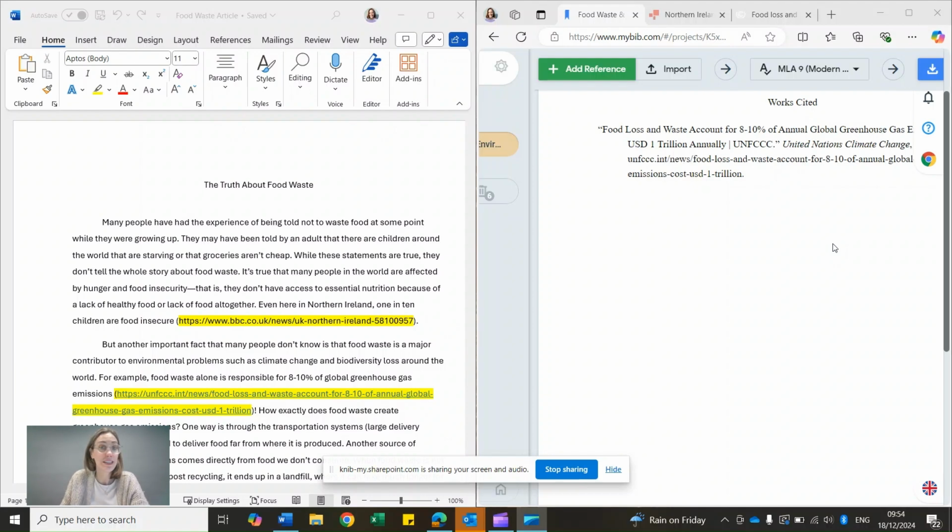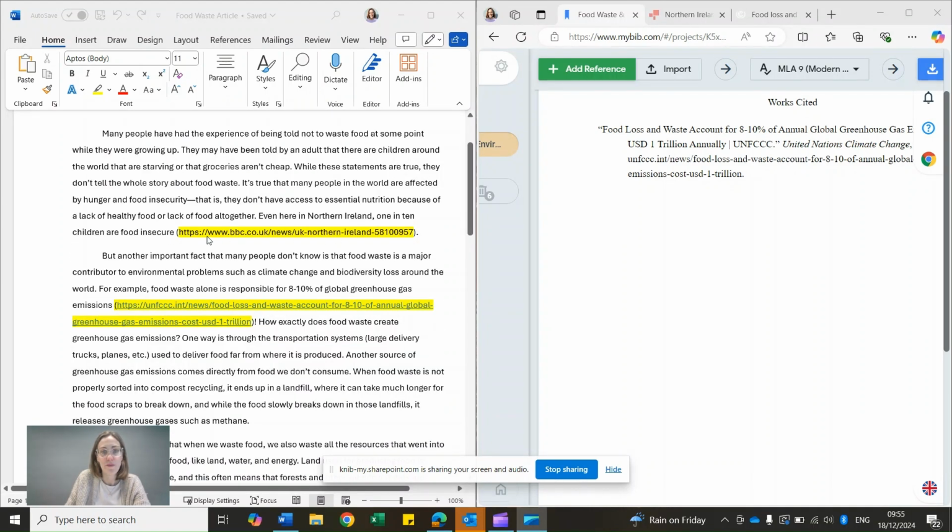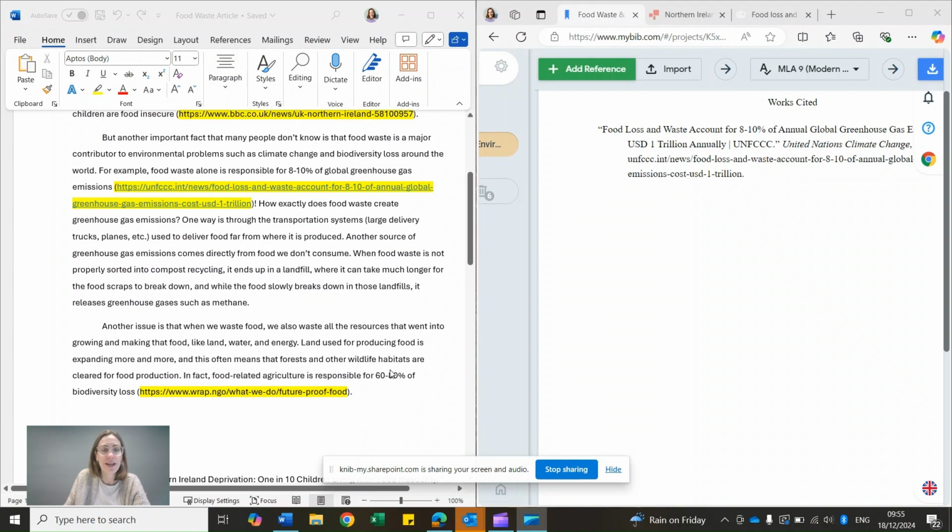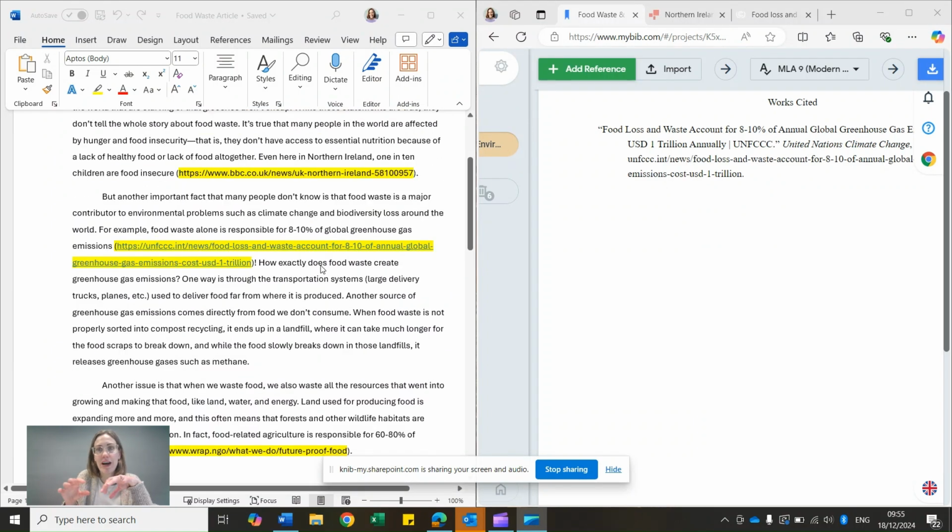So in this example, let's say we're writing an article and we want to submit an article about food waste and the environmental issues around food waste to Young Reporters for the Environment competition. So as I'm writing the article, I'm keeping track of the websites where I'm pulling maybe some statistics, like 1 in 10, 8 to 10% here, you can see, or 60 to 80%. Whenever I'm finding some specific facts or statistics, I want to make sure I have a source associated with that